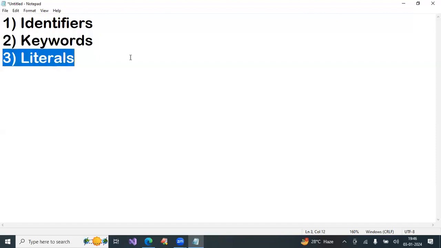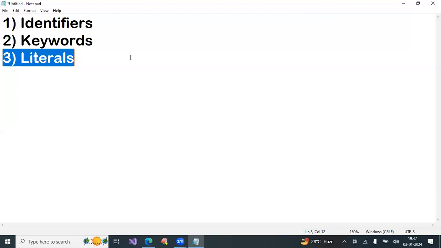How many categories of literals are there? 6: integer literals, floating point literals, character literals, string literals, Boolean literals, object literals. Integer literals are positive numbers, negative numbers, 0. If you add a point something, it is a floating point literal.